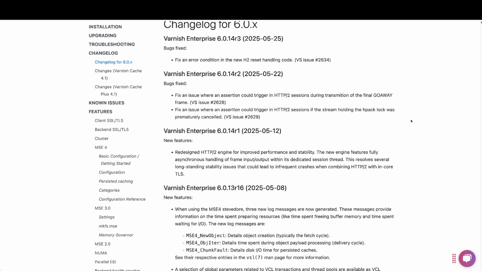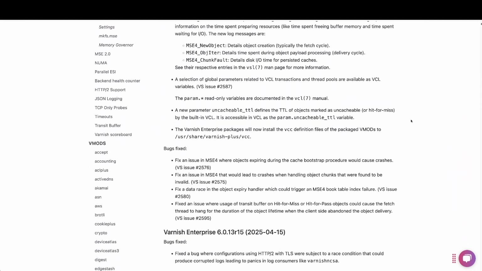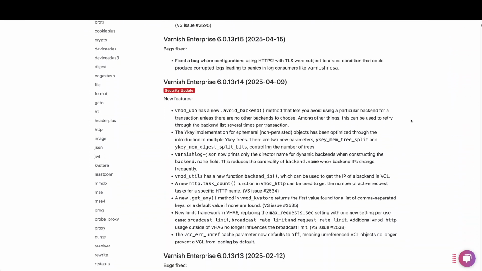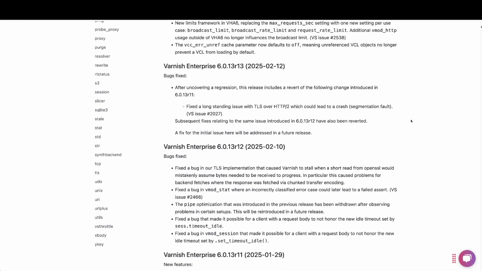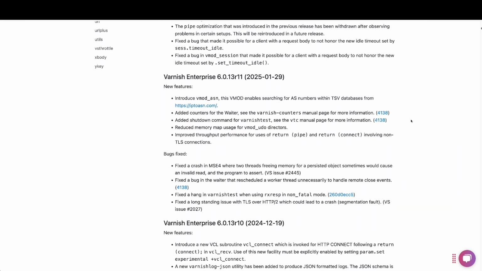Hello everyone, my name is Paul and I'm in charge of the core team that develops Varnish Enterprise. We always have a lot of things going on. If you look at the changelog, you will see that we have about 9 releases this year, and most of the changes are bug fixes and small features. Maintaining Varnish Enterprise is a continuous effort to make sure that it's fast and stable for real-world examples and not just in the lab with synthetic testing.